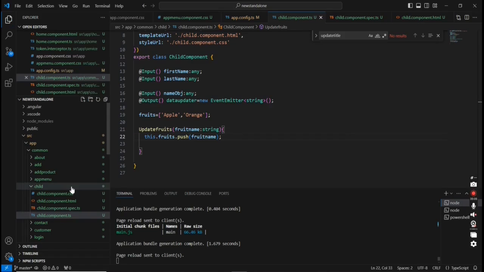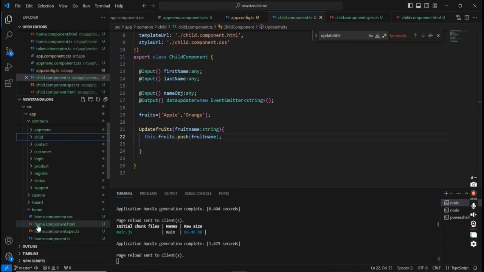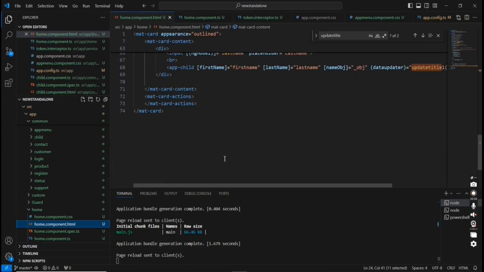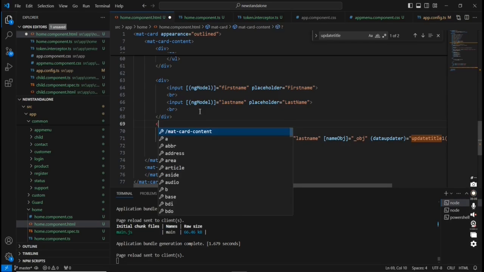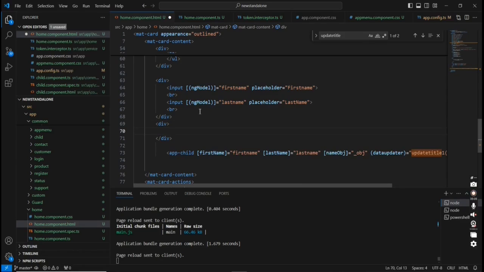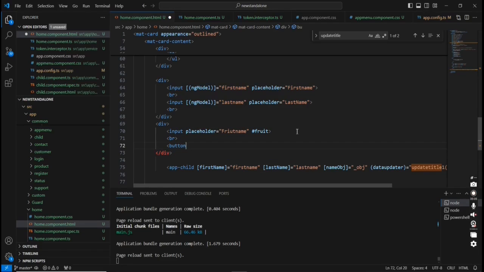Fruit name. So next, in our parent component, which is the home component only, I am including one more div section and added one input control. The placeholder is fruit name, and the identifier we can use is fruit. Next, adding one button,